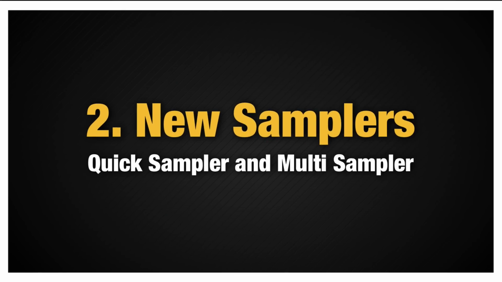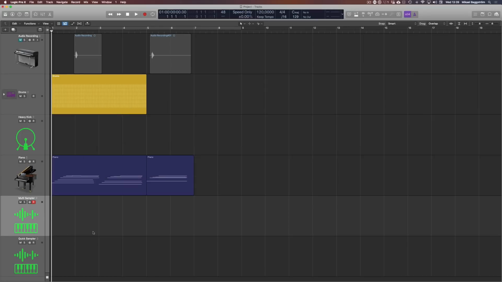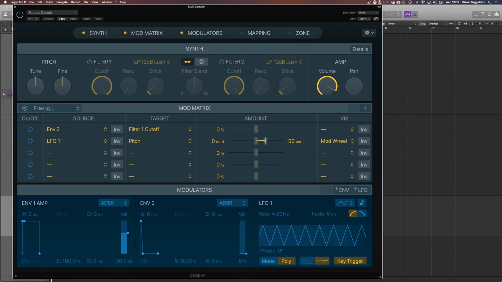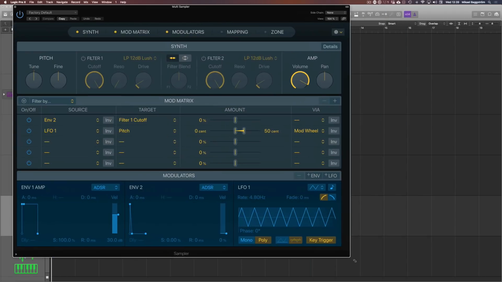New samplers, the Quick Sampler and the Multi-Sampler. So Logic finally got rid of that ugly ESX24 sampler that has been with us for decades and introduced this multi-sampler. So all your ESX24 instruments can be opened in here, and as you can see, it's beautiful, it's scalable, the interface like so,